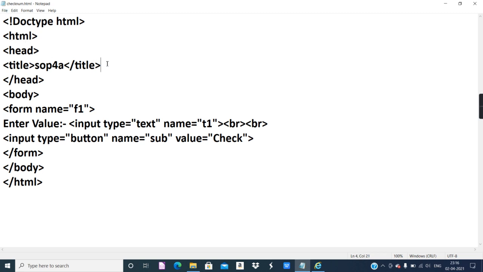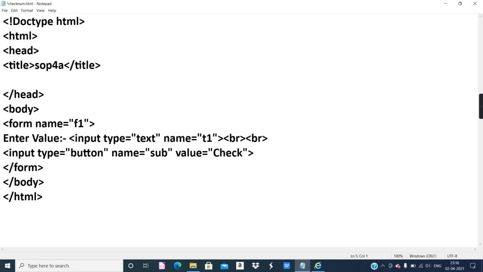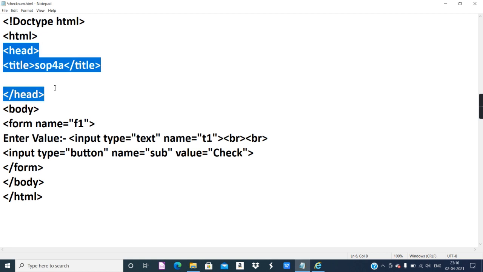So first of all, after the title tag closing, here in the JavaScript lesson, it is said the script tag can be included inside the container of the body tag, as well as inside the container of the head tag, not header, head tag.